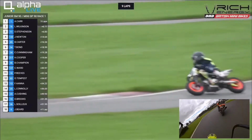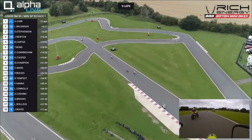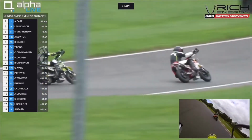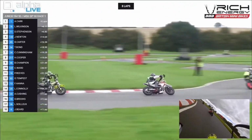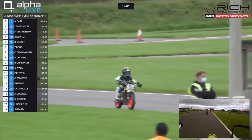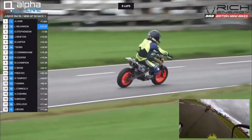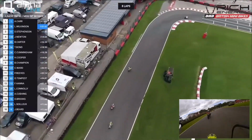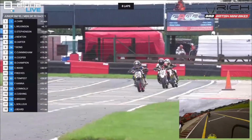Yeah, this is all about confidence, essentially. You can't push too hard. You've got to essentially ride to your comfort zone. And you can see that Bond is really struggling to get to grips with the changeable conditions of the circuit. He's doing his best, but he just doesn't quite have the confidence on the brake or the throttle at the moment, because he's slowing it up at the right point on the braking zone, but he's just being a little bit too deliberate with the effort to slow down, essentially. And you've got to get on the throttle at the right moment. He's losing ground just by being a little bit too tentative. He has to have a little bit more strength in his own free will here to try and get away